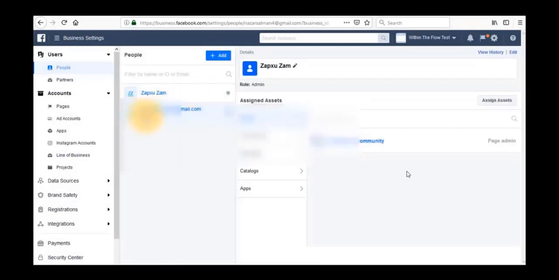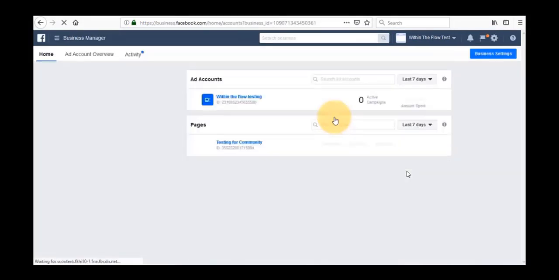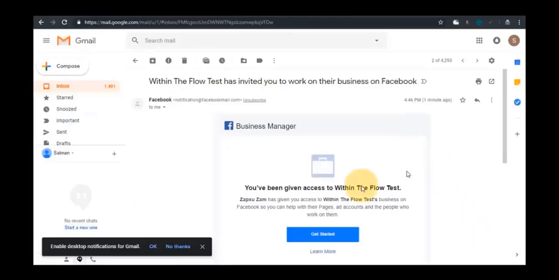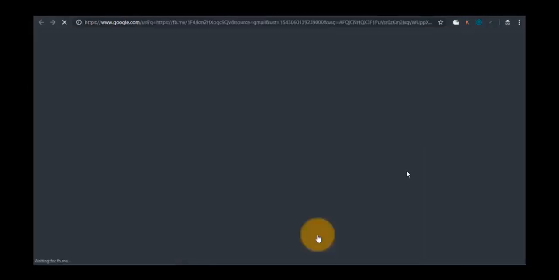So here is the email, and it would be marked as pending. Now the person who maybe wants to be added into this business manager has to check his email right away, and he got such an email from Facebook notification at the facebookmail.com. Just click get started,